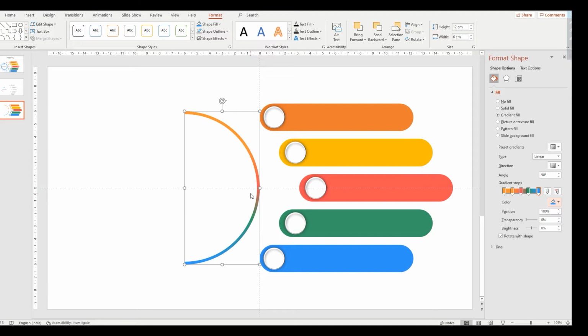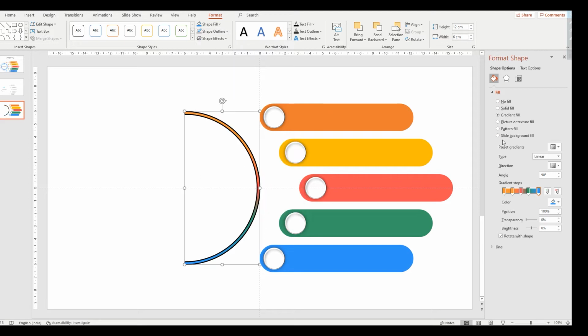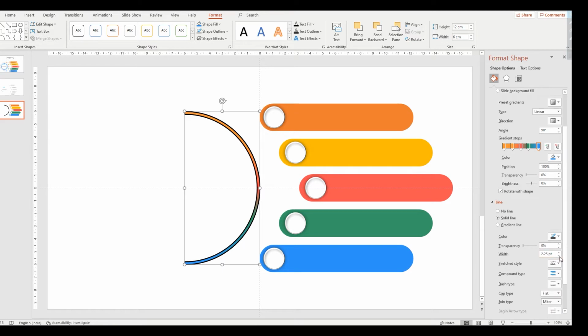So now it is okay. Now what we are going to do, give the outline, line width 2, then make it white.